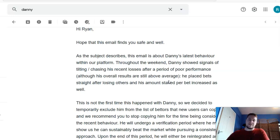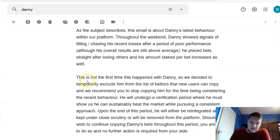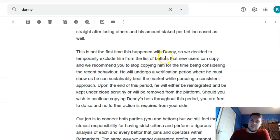There's a cap on what they can stake, so it's probably like 2% or 3% possibly of the amount that you put on them, but still it can be quite obvious. So as the guys behind Betmarkets said, this was not the first time that it had happened with Danny. So they decided to exclude him in order for him to undergo another verification period. But what happened is that he basically left the platform. So that was 2 tipsters that were removed from my portfolio, and those tipsters together accounted for losses of about